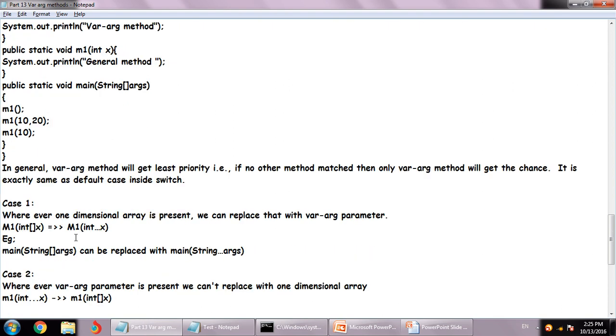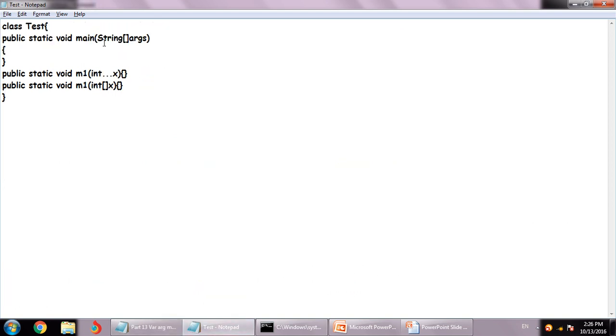Now there are more cases. This is also a very important point. Wherever a one-dimensional array is present, we can replace that with a varargs parameter, right? If this is a method and this is a one-dimensional array, I can replace it like this. It's okay. So if I am writing main with String args and I want to write it like this, it's okay. And I'll show you. This is a one-dimensional array and this is varargs. So now you can verify that